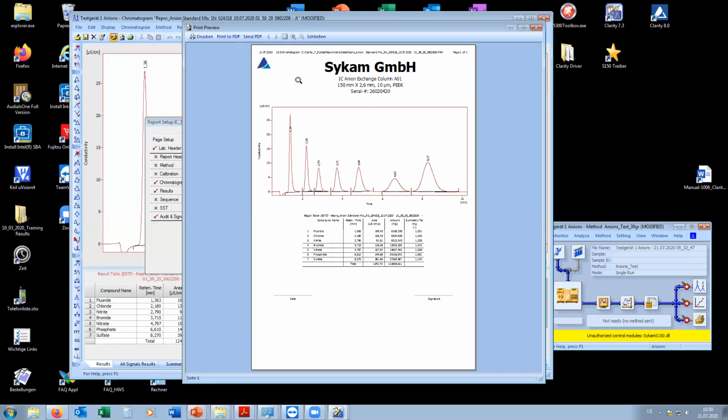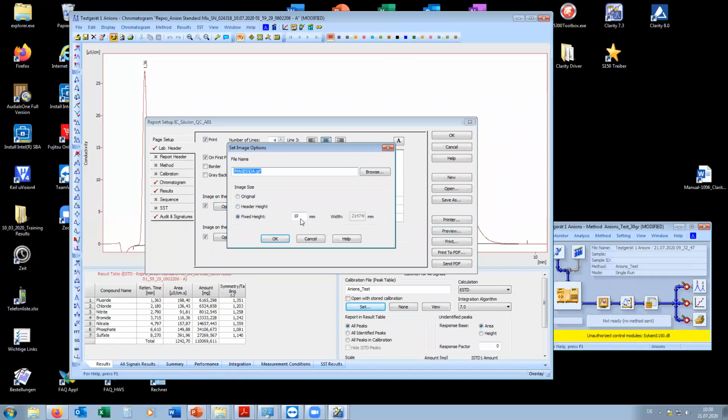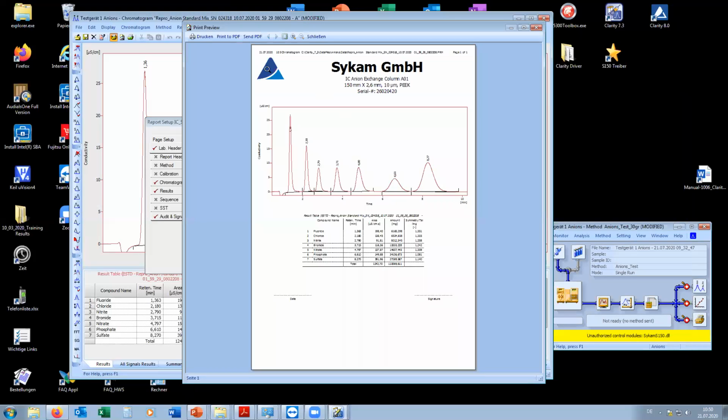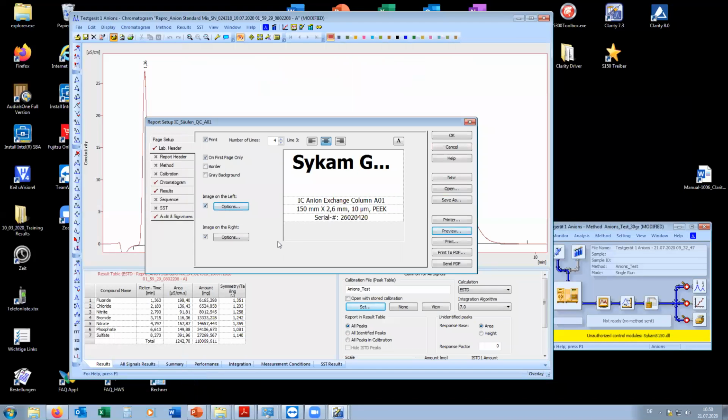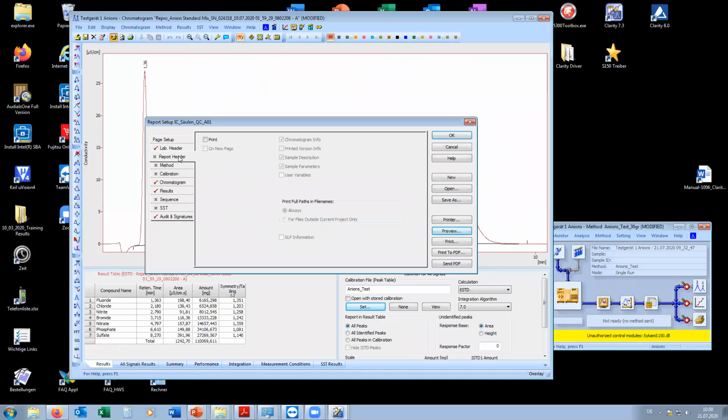there is an image. So if you have some company logo or the customer has some special wish, you can put in a logo. You can also control the size. It can be bigger if you want to. So it's easy. But I don't want an image. So this is the header. I also have a report header which gives